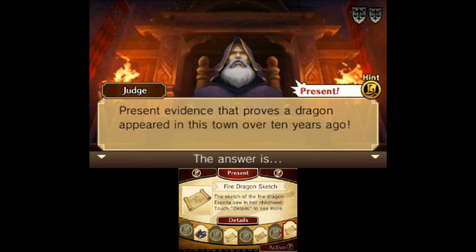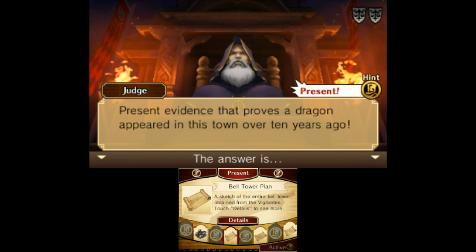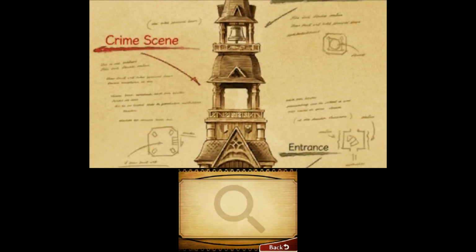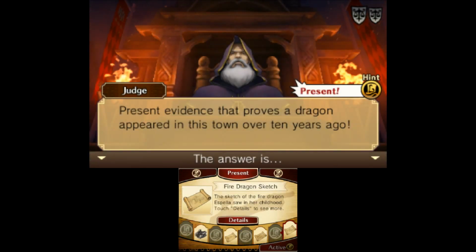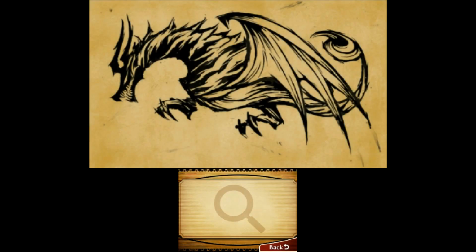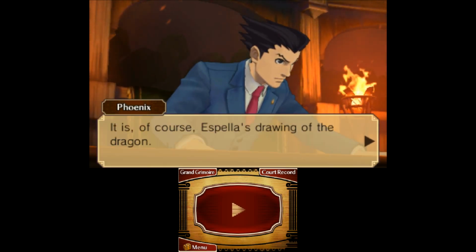Right, so what do we have? Find a dragon sketch, footprint sketch, bell tower plan, invisible robe. Makes no sense. I tried this, which wasn't the thing. I guess. Take that! Okay, that doesn't really make any sense to me, but it is, of course, a spell